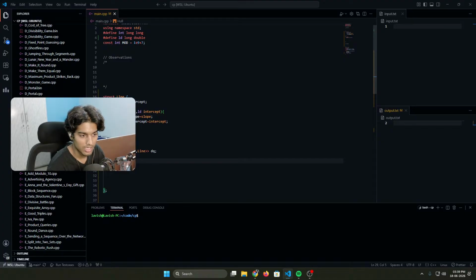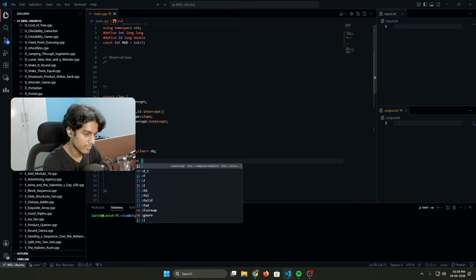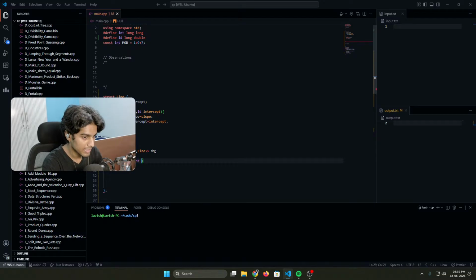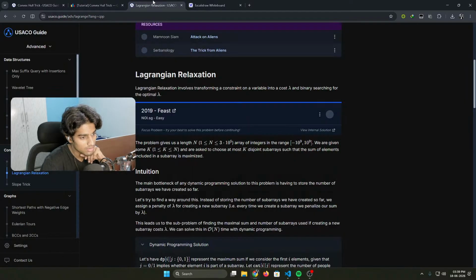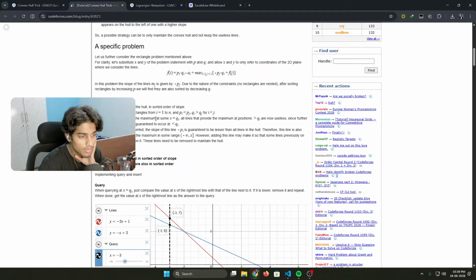I believe nothing. I can just go ahead and write an insert function. So inserting a line means having slope and intercept, both of them. So let's talk about insertion. First of all, slope should be monotonic, because